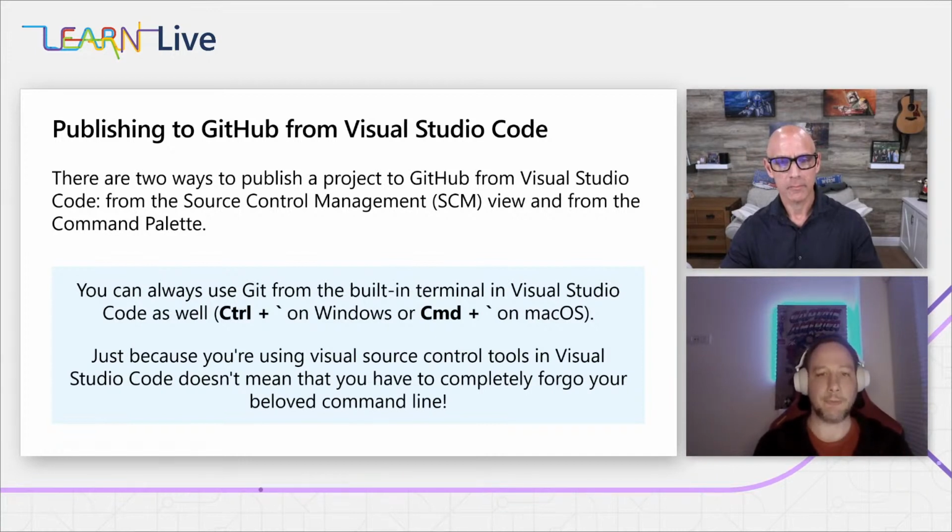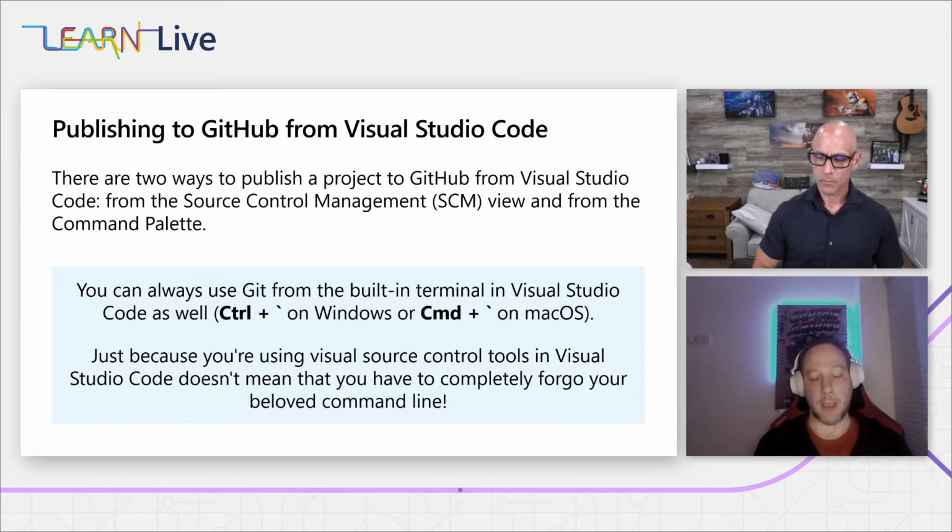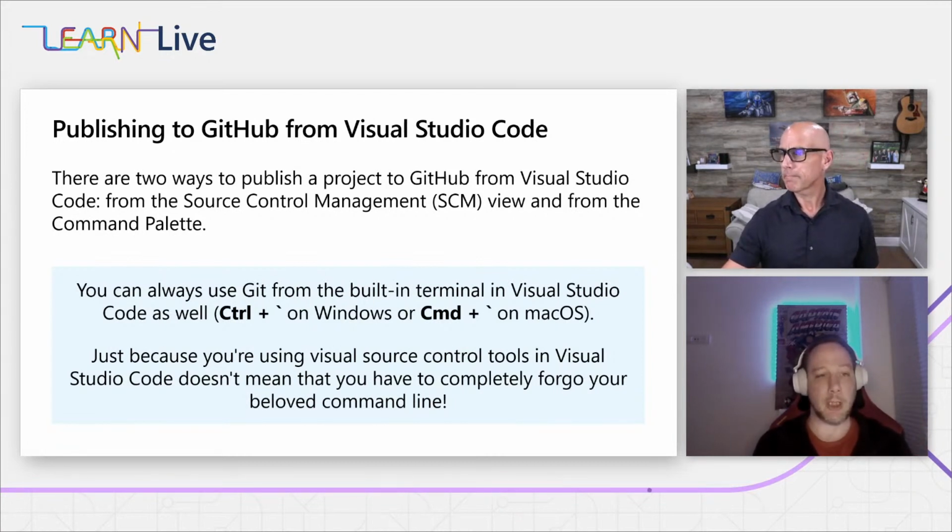The first thing after using the VS Code base install, you don't need to deploy any other extensions. It's already source control ready, where you should remember from previous sessions that source control means we're going to interact with our repositories. In this case, using GitHub repos. So you literally open VS Code, you go to that SCM little pane in the extension bar.